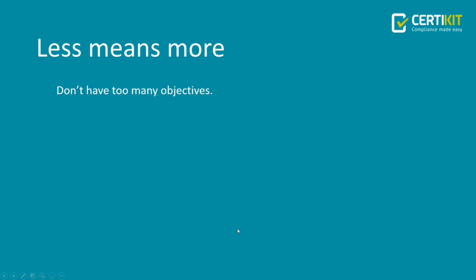The word of caution is that don't have too many objectives. It's a difficult one. We often have this discussion about risk assessment as well. What's the right number of risks to have? Well, there isn't really a right number, and similarly, there isn't really a right number of objectives as well. It really depends upon a number of factors within your organization. So one of them is the size of the organization. So larger organizations tend to have more